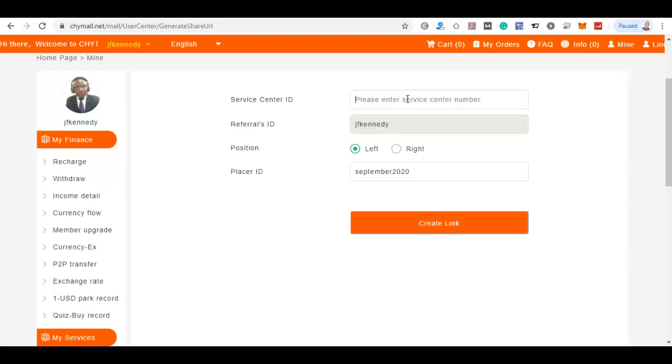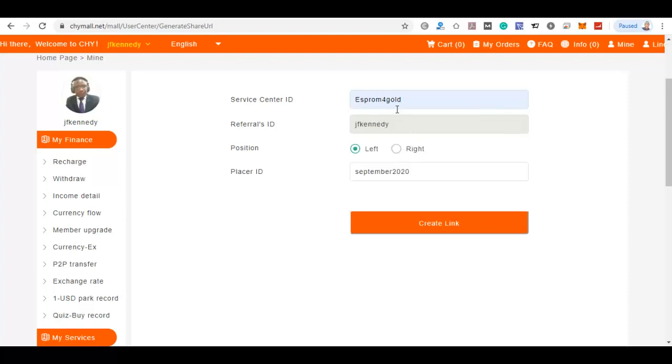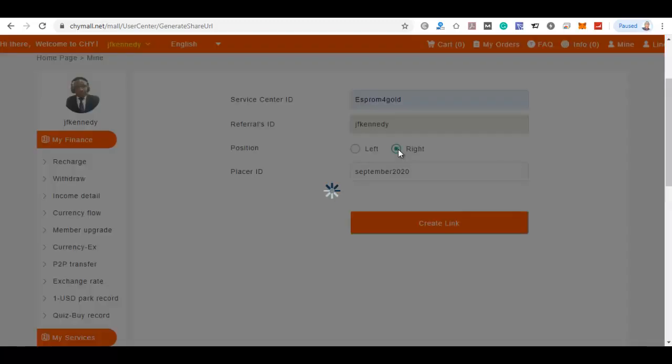So let's say I choose, these two are in Nigeria, this one is in Nigeria, this one is also in Nigeria, this one is in Canada, this one is in US, this one is in Ghana, this one is in Ghana. So let's assume that I am registering somebody in Port Harcourt, Nigeria. So I decided to use Esperon 4 Gold as the service center, and then I choose the right,